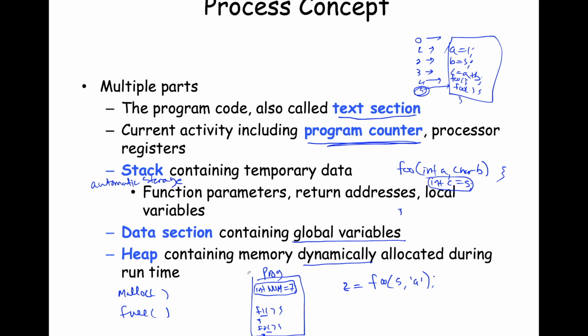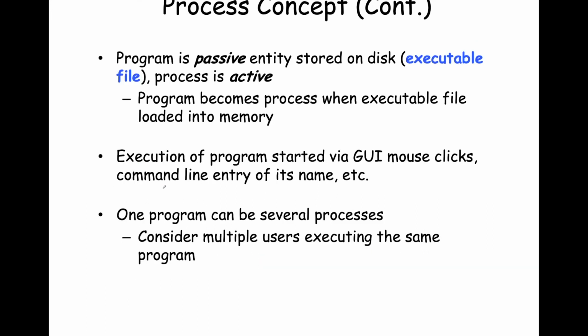So programmatically, you can actually set aside memory from RAM, and you can also return the use of that memory for anyone else to be available for any other process that might want to allocate memory. Now, this region of memory has a name. It's called the heap, and the heap is the other part of your process. So a process consists of a text section, a program counter, a stack, data section, as well as a heap, which is dynamically allocated memory.